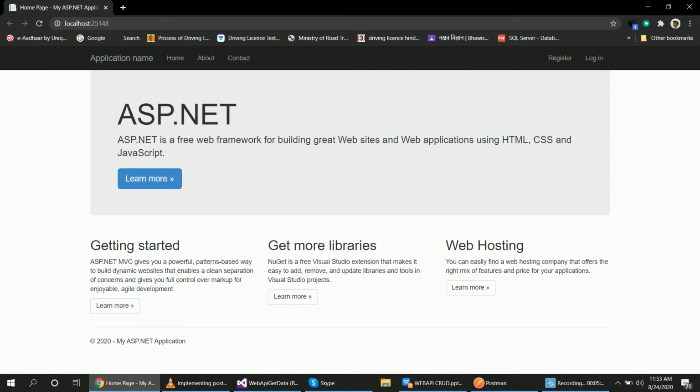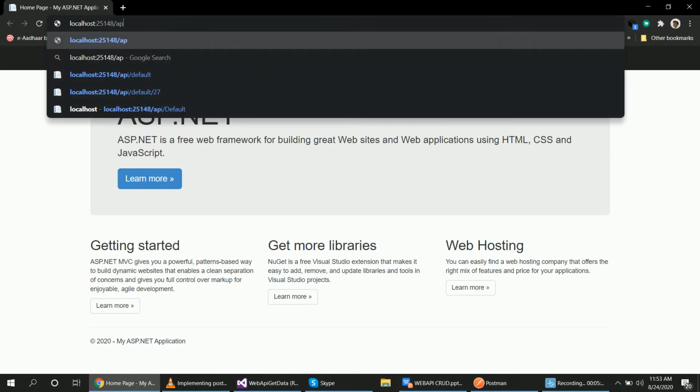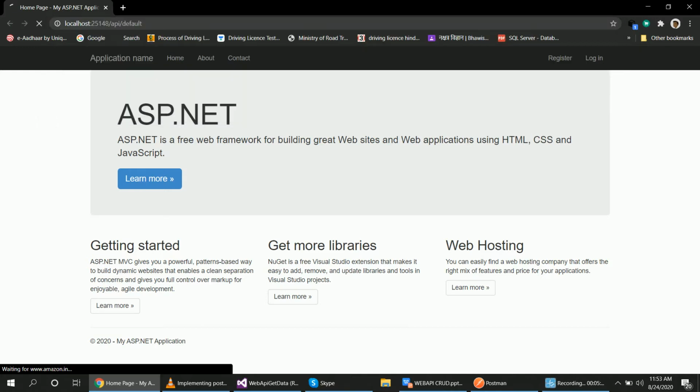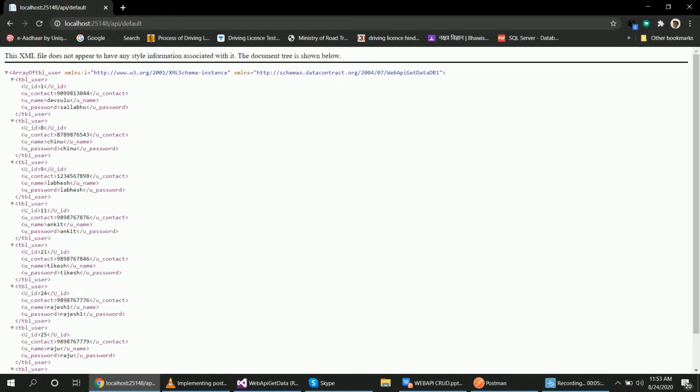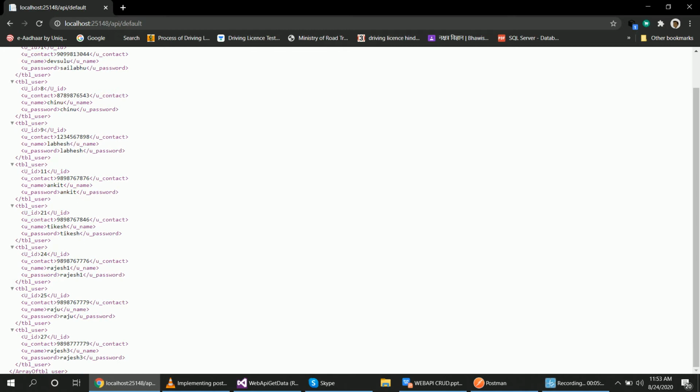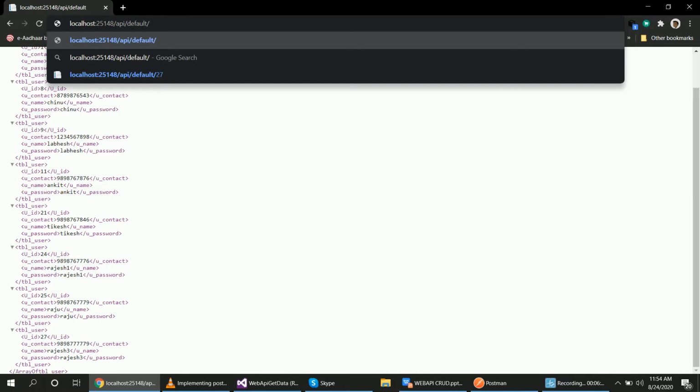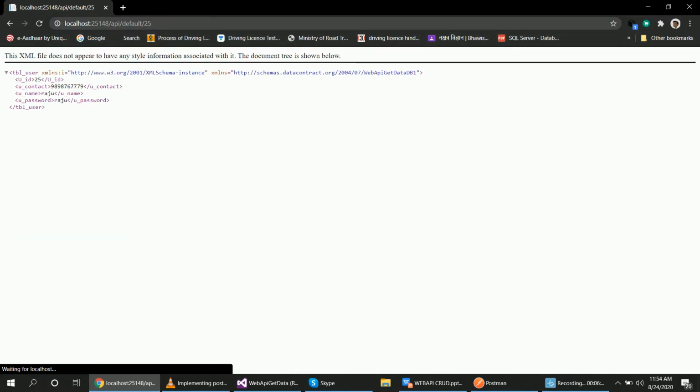We first check here in the browser, give the name API, the controller name of the API is default, so default. Okay, the data has arrived here but not there. And if I want to check a single record, say number 25, yes, it has also arrived here.